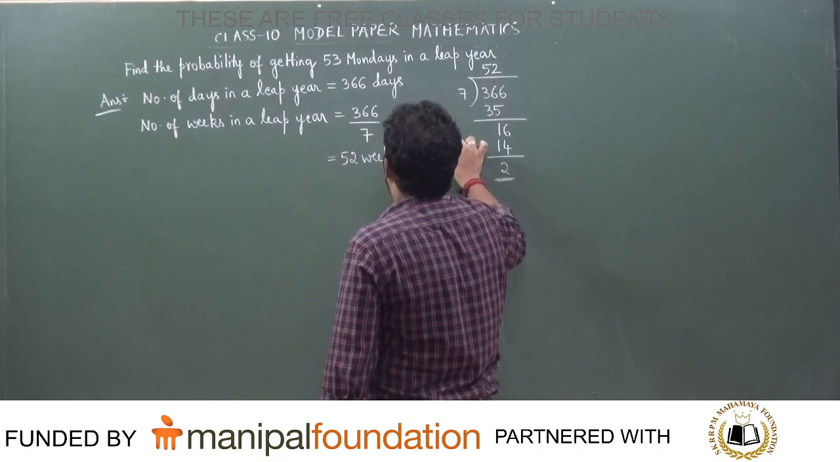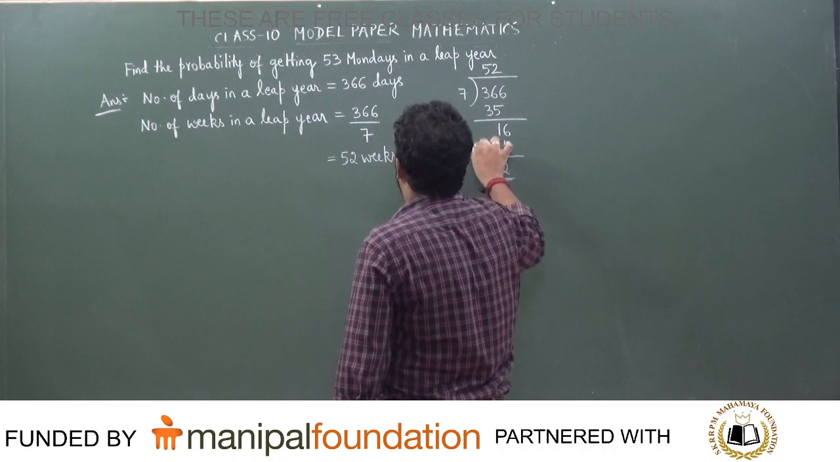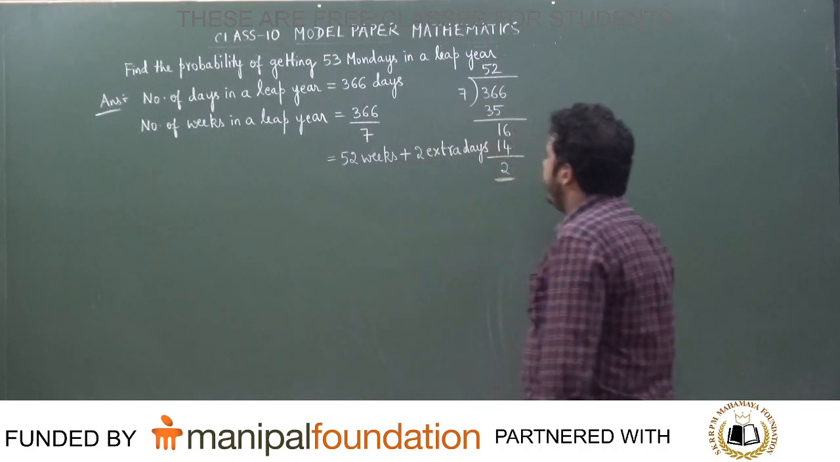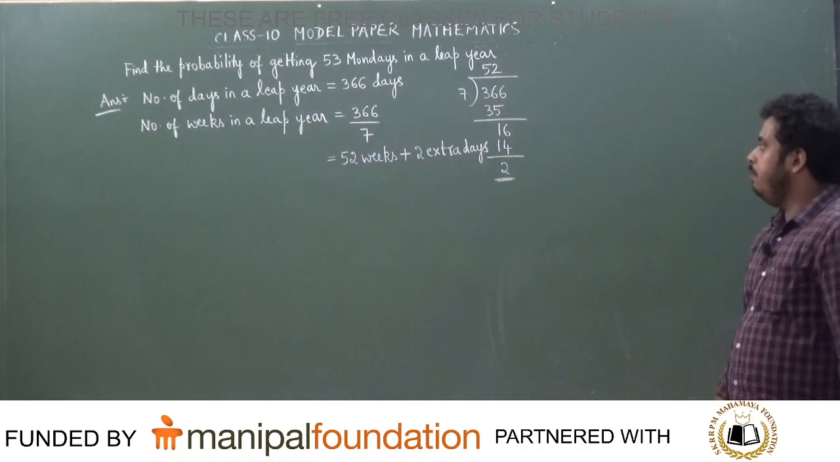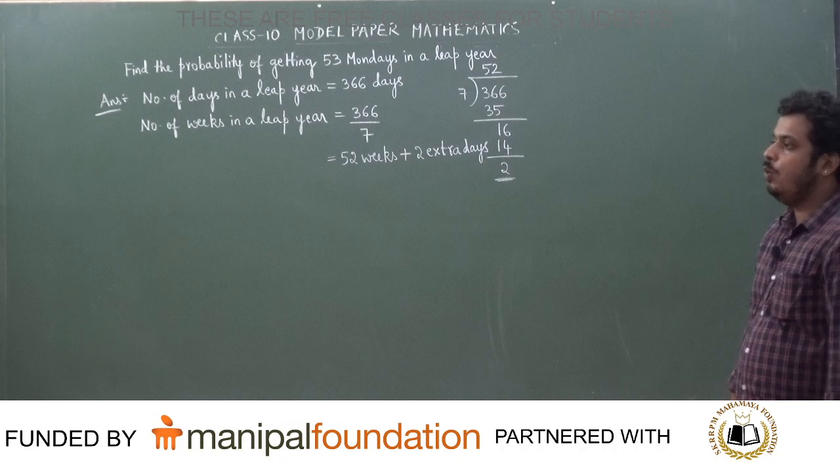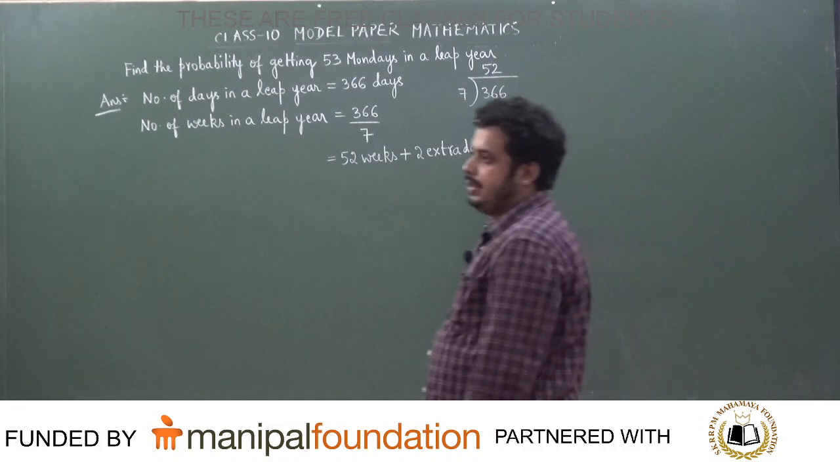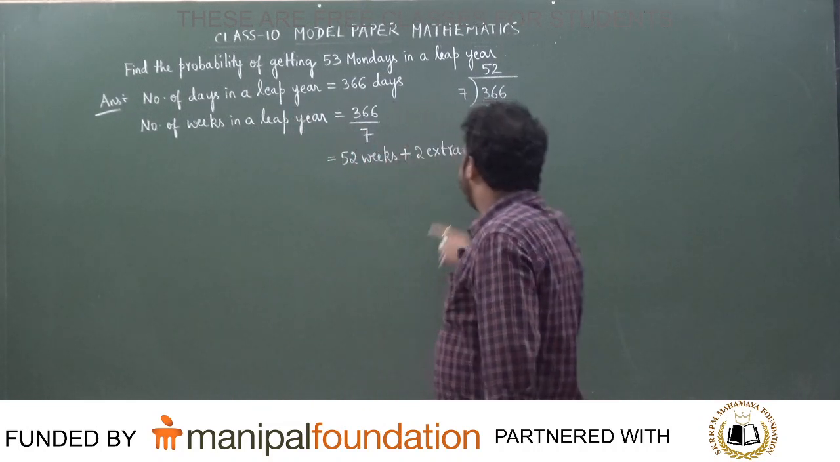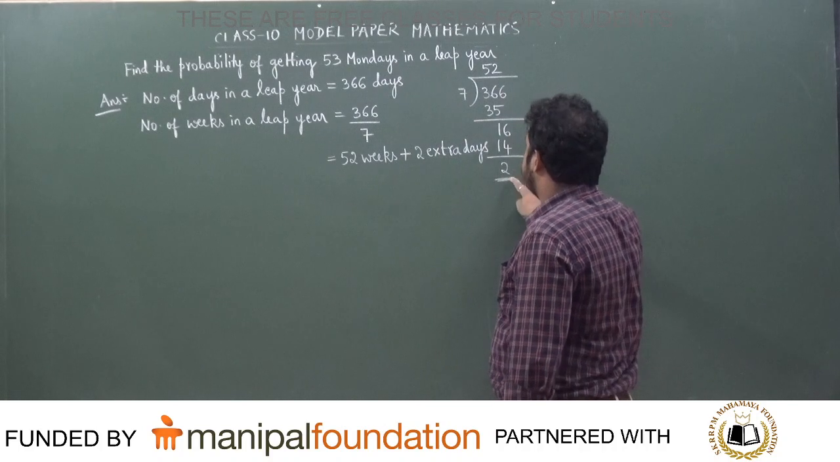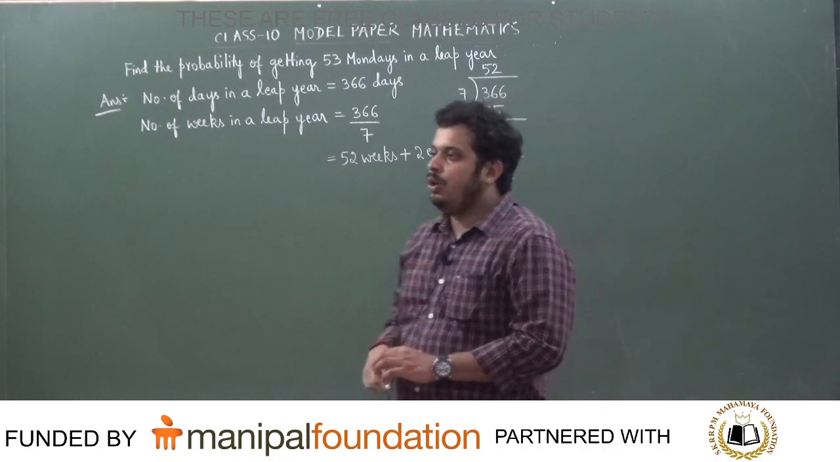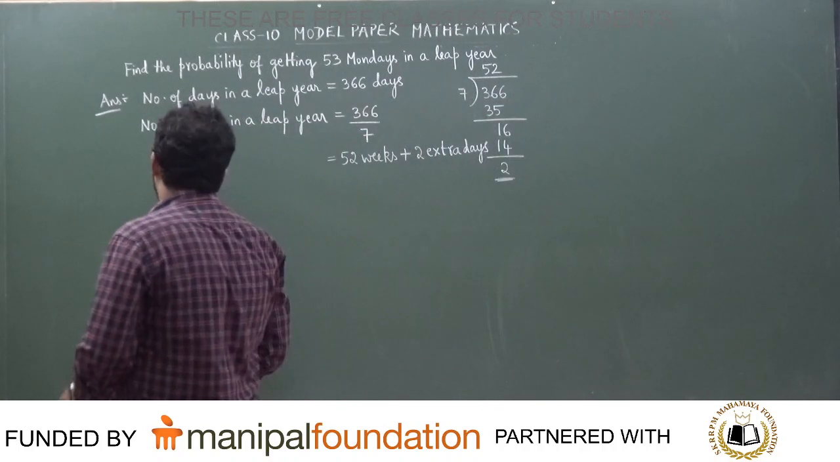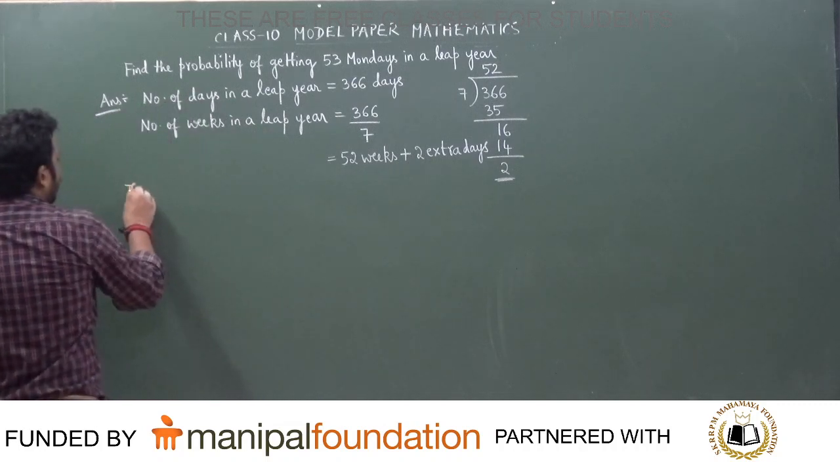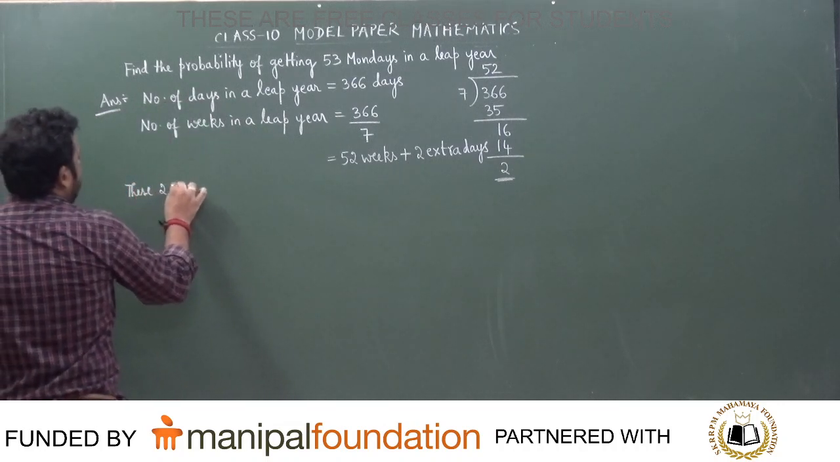Those are called extra days, students. So the number of weeks in a leap year will be 52 weeks plus 2 extra days, because 7 will not be able to divide 366 completely. It will leave a remainder of 2. Is it correct or not? So these 2 extra days could be...